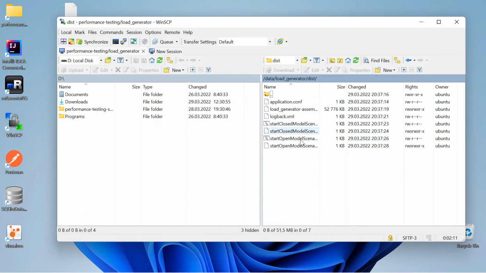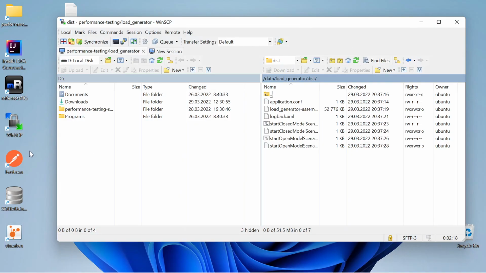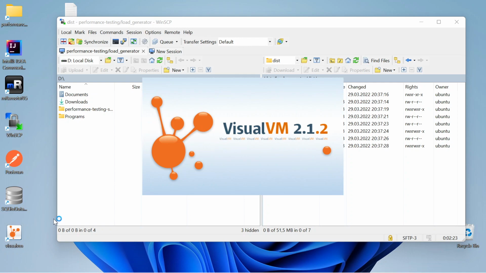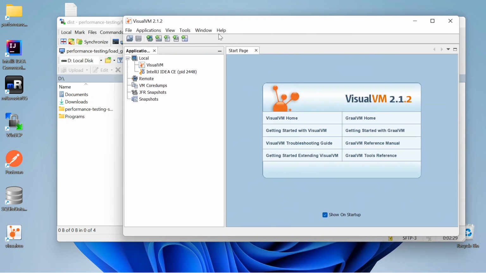For now, you can do the next. Connect to the online store using the VisualVM profiler. Open the program. In order to avoid problems with the profiling, the program must be run with the equal version of the Java virtual machine with which the application build profiling is running.